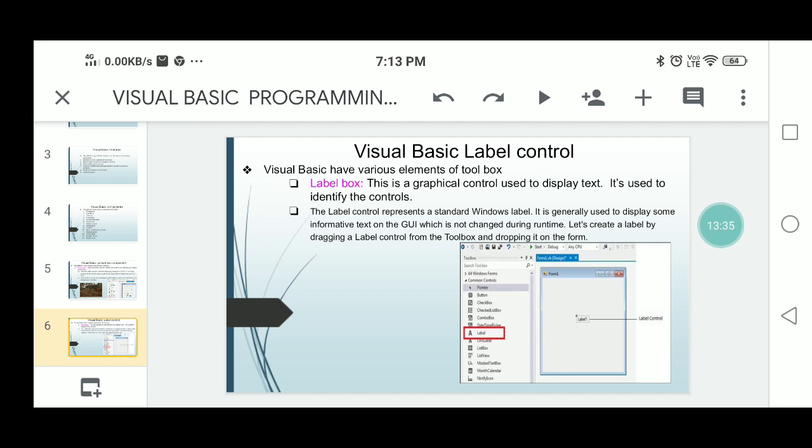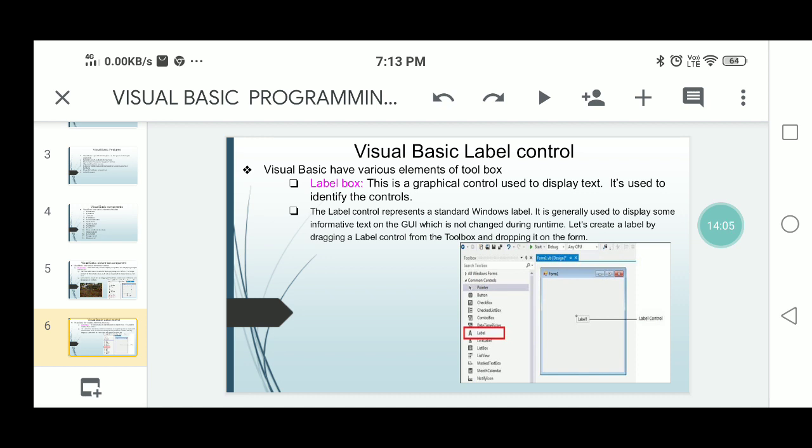It is used to identify the input controls and output controls. Why are you taking the text box for input? What type of input, and what type of output would you display on the form? That will be identified by this label box.